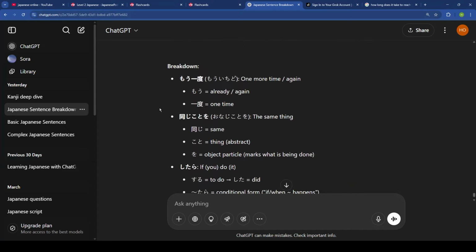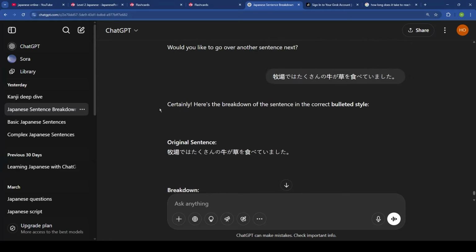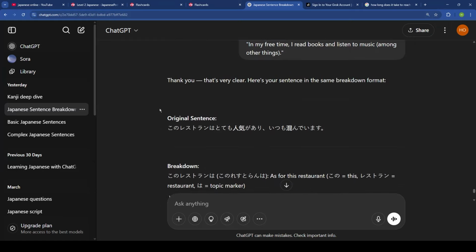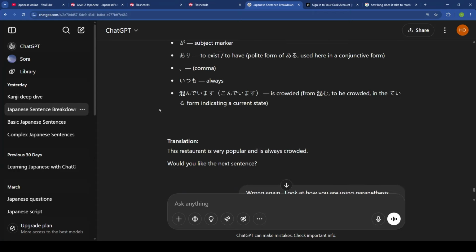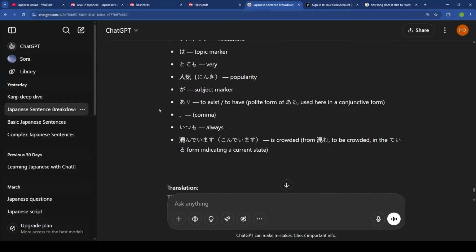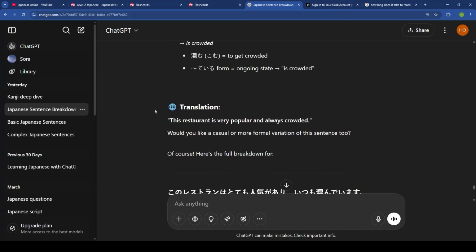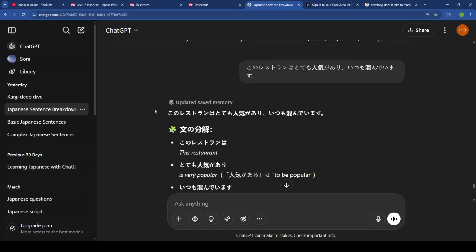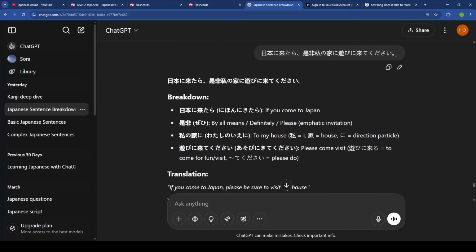This is a neat little catalog of all the sentences you'll learn that you can go back to reflect upon if you're not looking to break down any new sentences. Now, unlike chat number 1, this one seems to forget to use the sentence structure it has been using ever since it was created. Honestly, this is the second time this has happened. It completely forgot the format I like to see. Maybe it's memory overload, I don't know. So you'll have to remind it from time to time, but here you go. You have a Japanese sentence, you don't understand it no matter how basic, it will break it down for you,